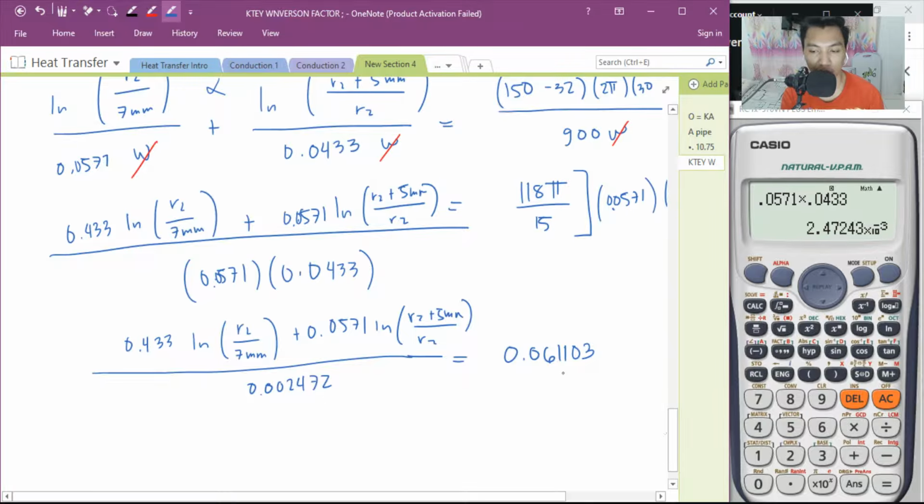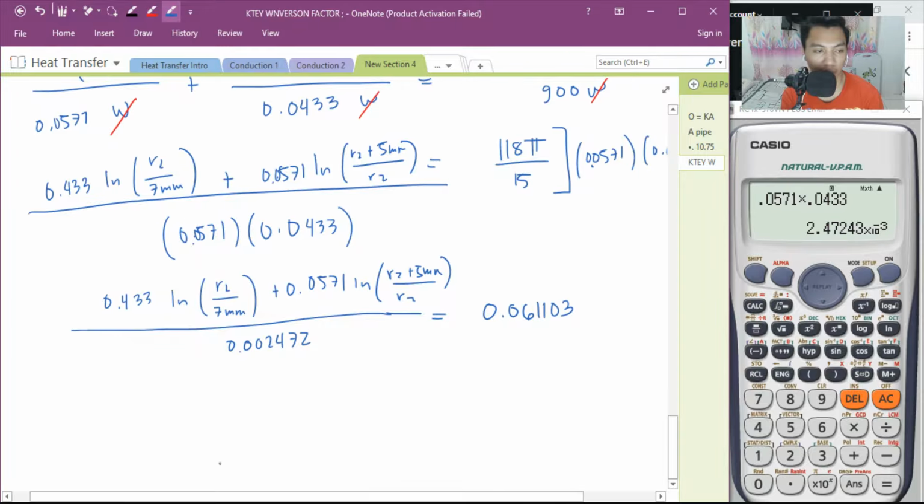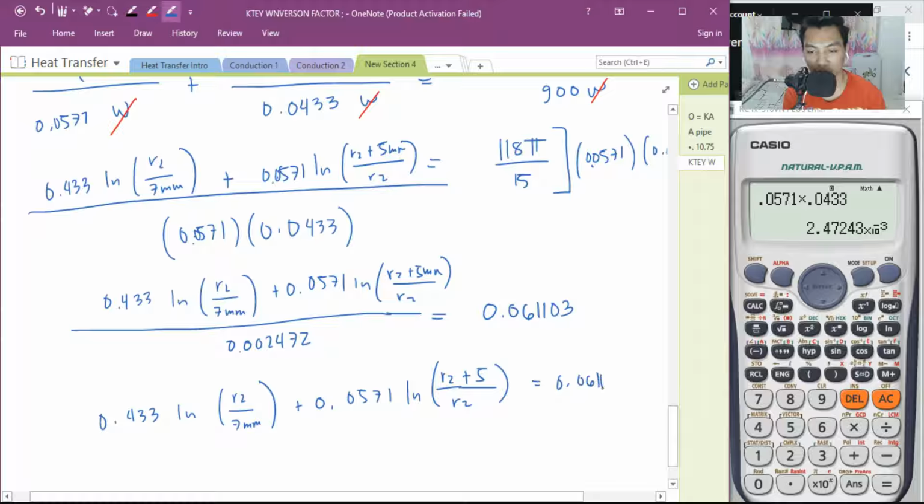Cross multiply ko ulit. 0.433 ln R2 over 7 mm plus 0.0571 ln R2 plus 5 over R2, pag ko nasama yung mm, equal to 0.061103 multiplied to